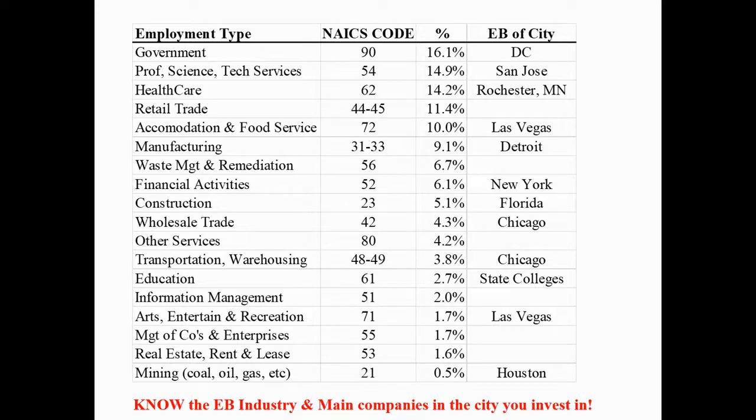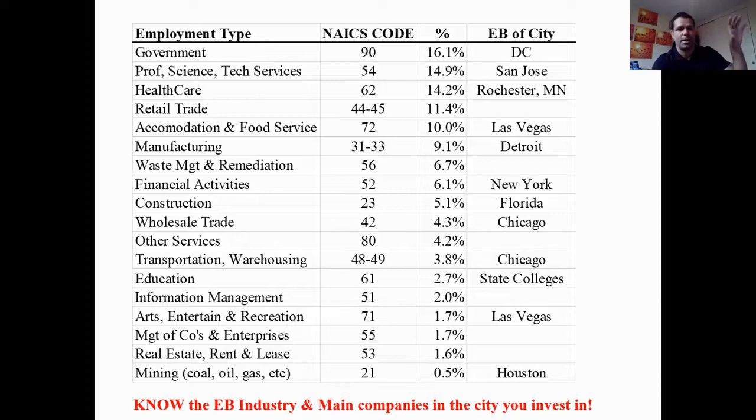Glenn, I have a question here. Is military under government, or is it separate? Military is a subcategory of government. So you can actually get to the 3rd NAICS code number and look at it. So yes, a city that's got a military base in it, like for instance, Norfolk, Virginia, its economic base industry is government, but it's military government. That's the real key there.